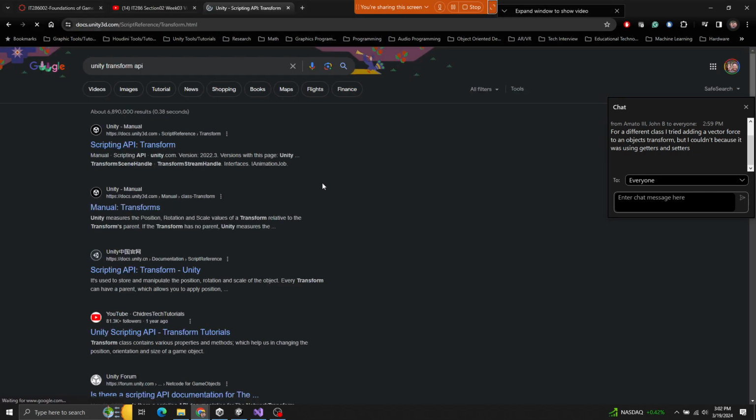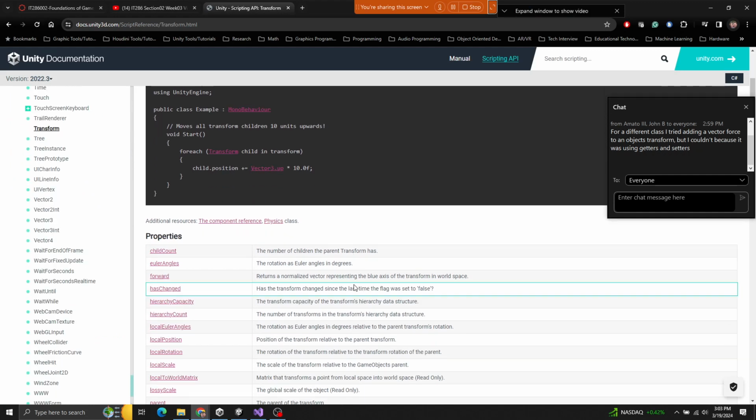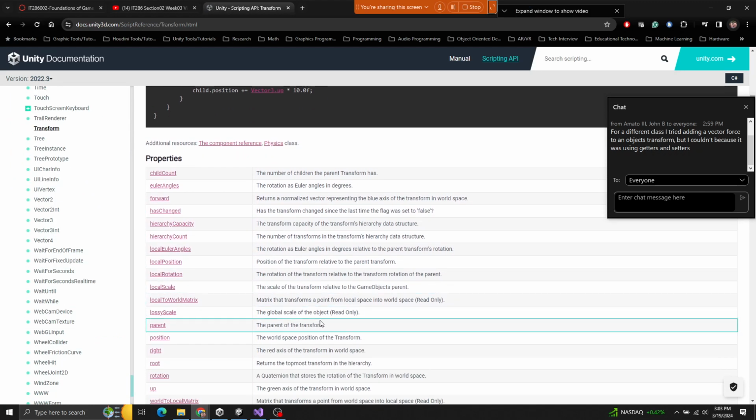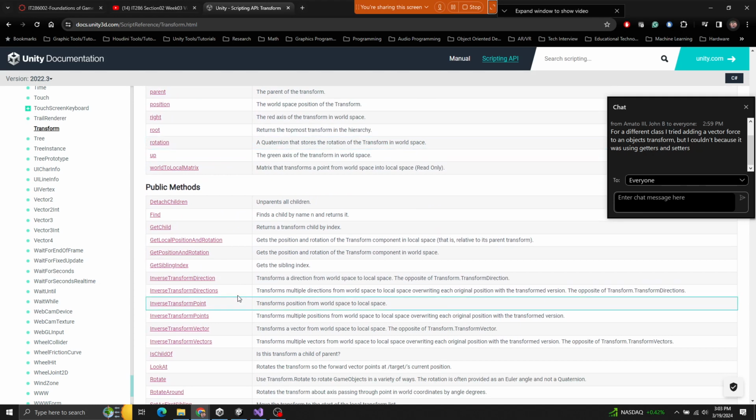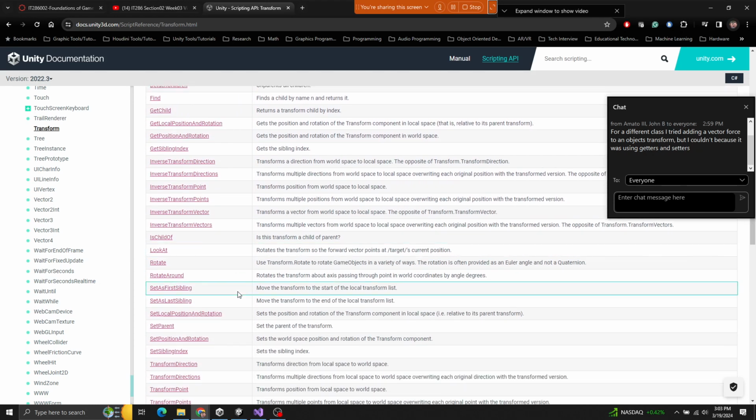Everything's going to be written a little different. It sounds like you're using forces. You should really be doing it through the rigidbody, because then you can add velocity. That's what most of these games are using, because you can just say add velocity or add force or something. But with the straight up transform, you can